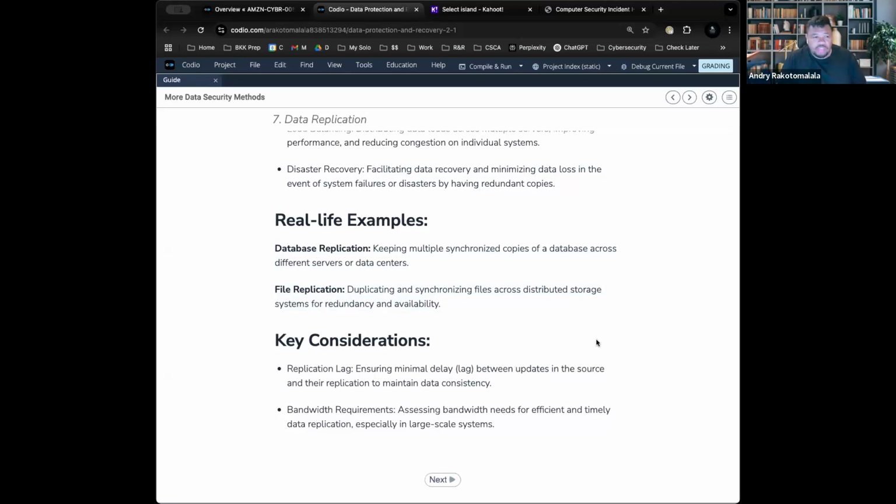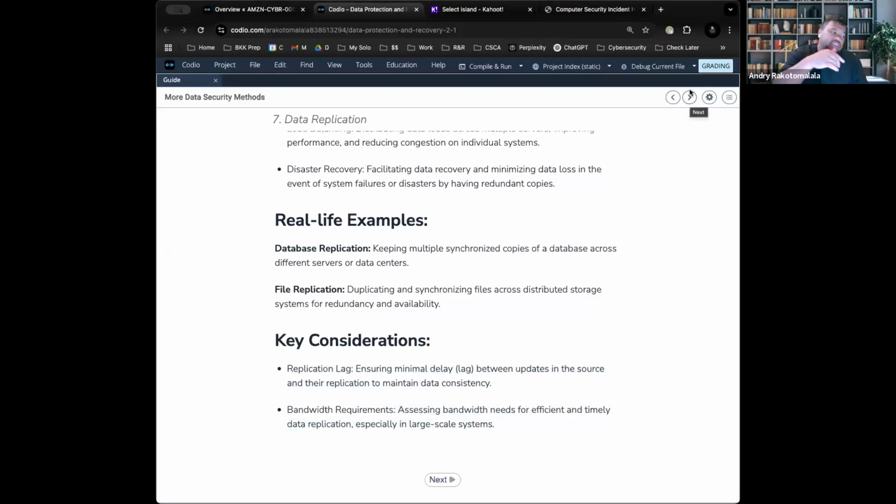Now, two things you have to keep in mind. Data replication is important and synchronization is important because you want to make sure that there's no lag. You want to make sure you're delivering as soon and as fast as possible. And then you want to make sure that there's enough bandwidth on your network in order to handle it. This is why I said some organizations have a process that is completely and totally dedicated to one service, which would be data replication and backups.